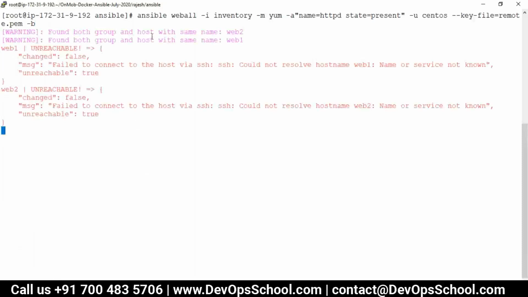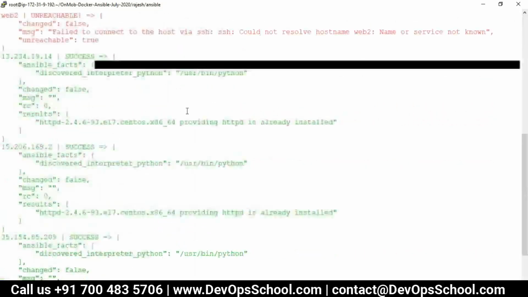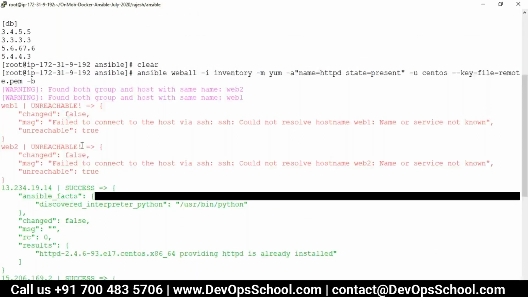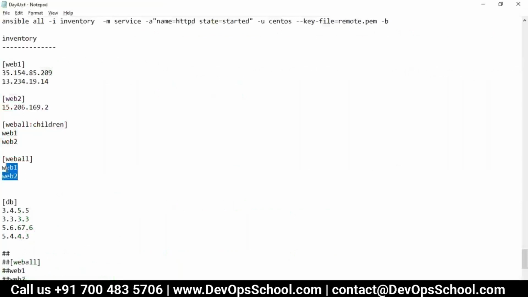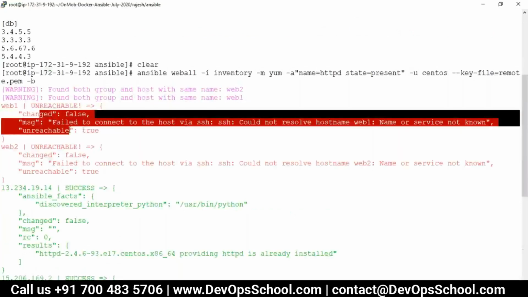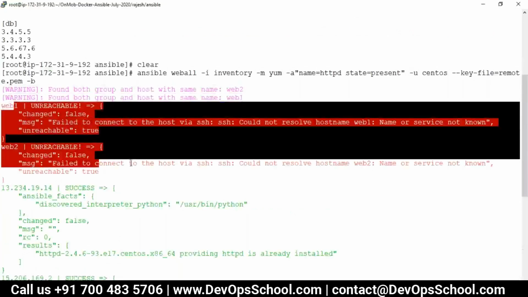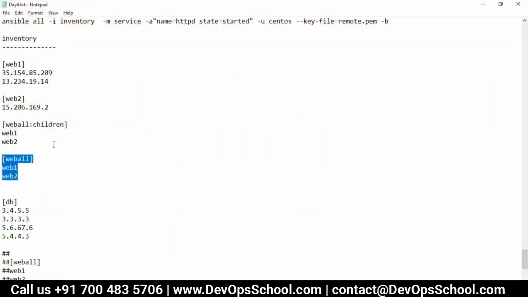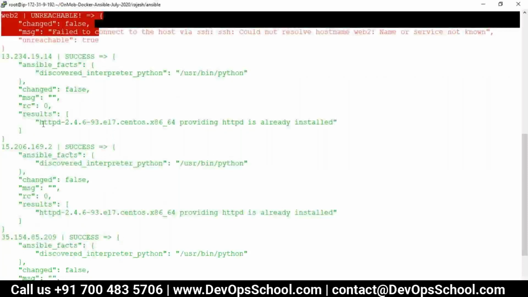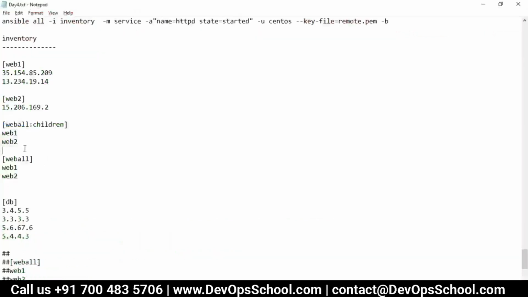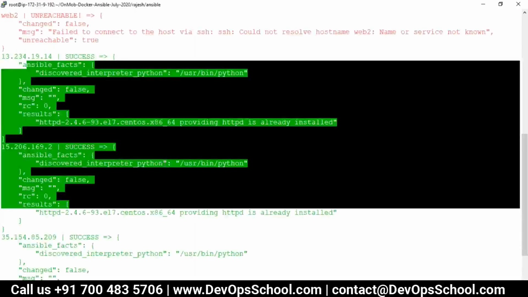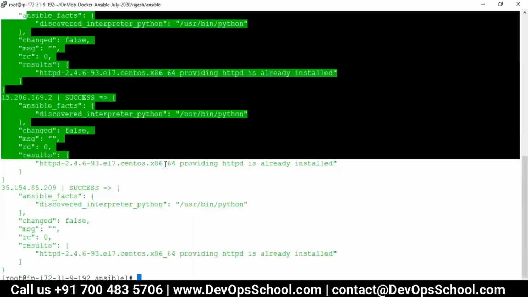Here first they try to see the group, okay, understand that. Look at this. The group is hitting web 1 and web 2, which is not a host in this case, so it got unreachable. After that, they got into the web all as children also because it was matching. So they have appended those list of servers from here. So I think this is the implementation.